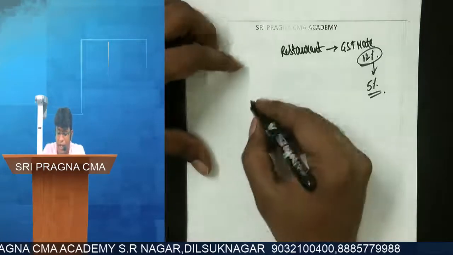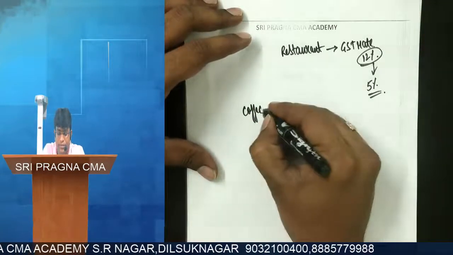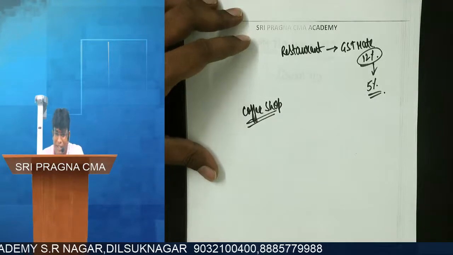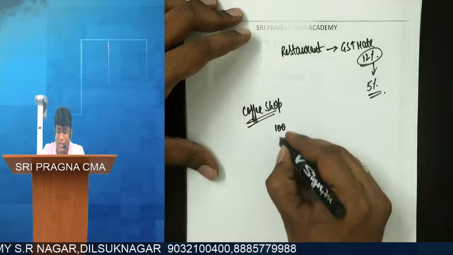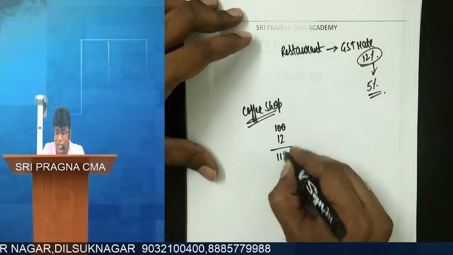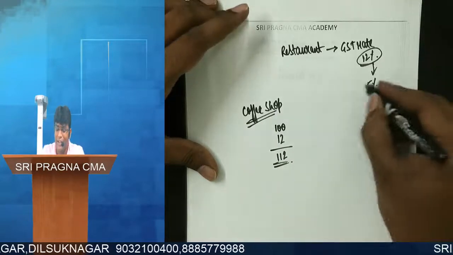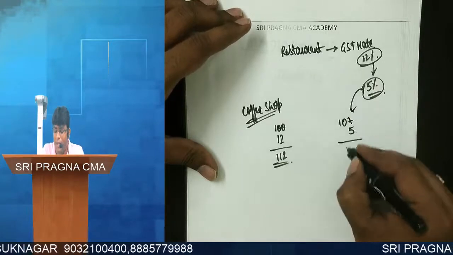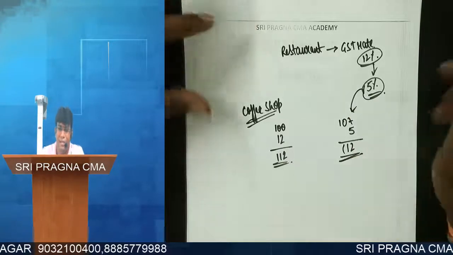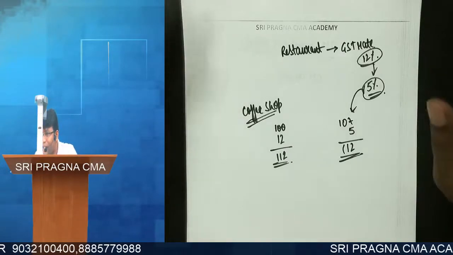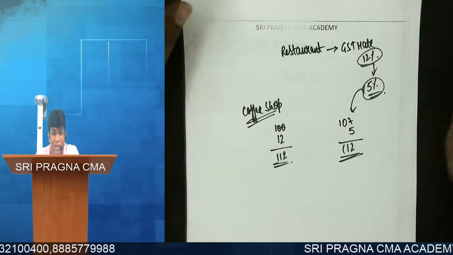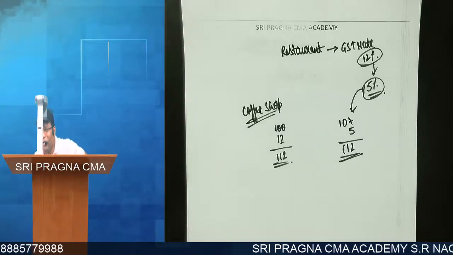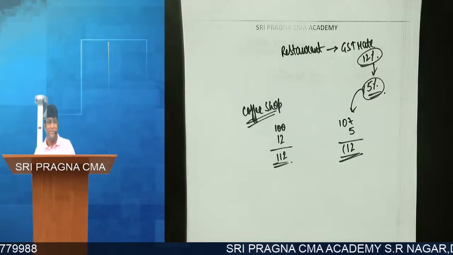Now listen, important. Sir, there is one coffee shop. When the rate was 12%, the price of coffee was 100 rupees, 12 rupees GST, 112. And when the rate became 5%, what he has done is 107, 5, 112. Just an example, don't exactly calculate. Now tell me, why did government reduce the 12% rate to 5%?